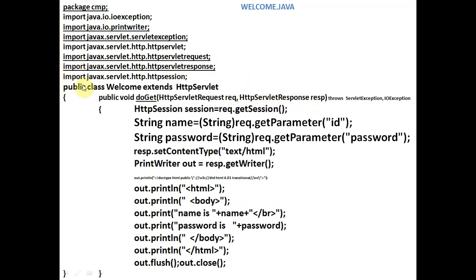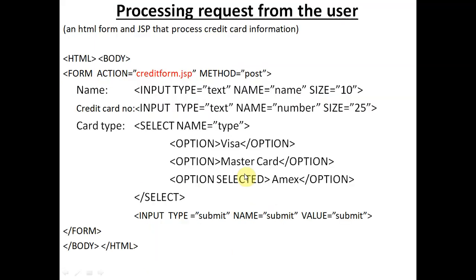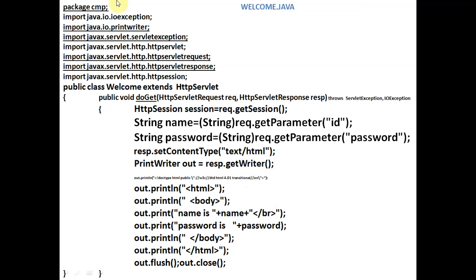And for session tracking, we'll use javax.servlet.http.HttpSession. Here we are not using any session tracking in this program, so this is optional. We can hide this one, and we can delete this line also. So now see inside the program. However, we have mentioned HttpSession, so that's why it is given here.